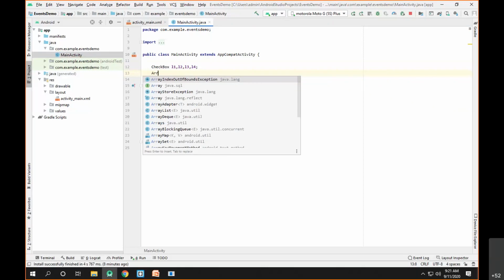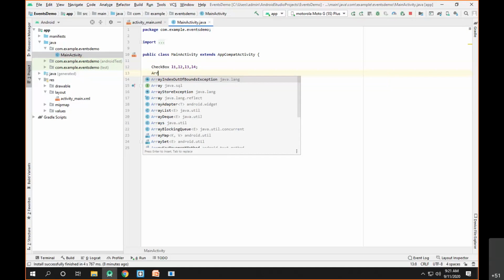If b equals true, then what we can do here is add this particular box to the array list. So what is the name of it? knownLangs.add, and how can we add it? Simply with the command compoundButton.getText.